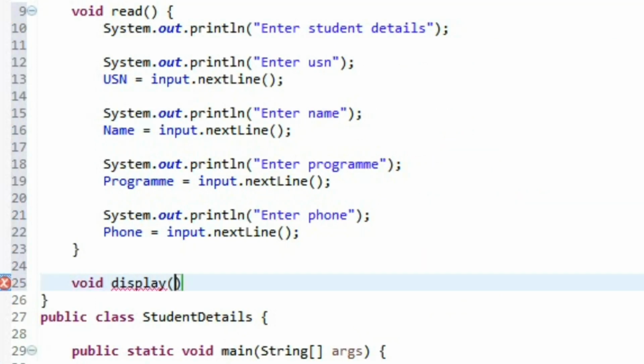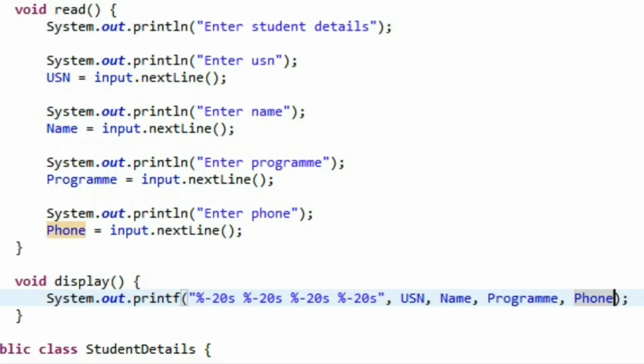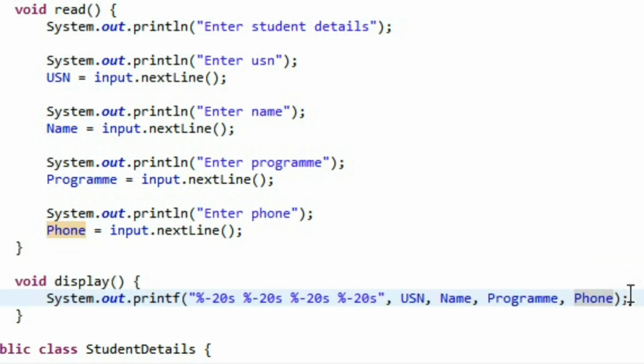For that we will be creating the next function, which is display. It will display all the values of the user. For that, we will create a table like function. We will create the display table. In that we will have printf, because we are displaying column wise. You will understand what that is when we run the code. So I have written all of these things, and this will be the display function, and we'll be moving on with the main function now.